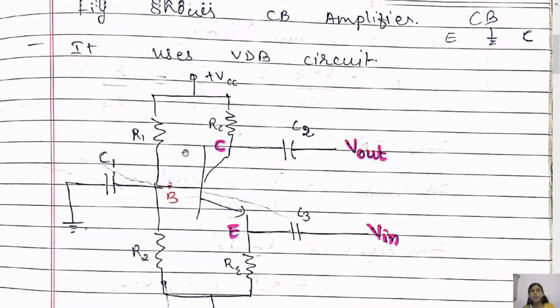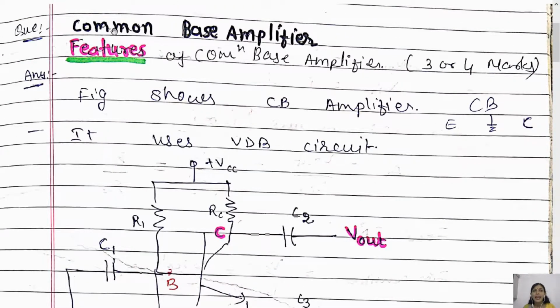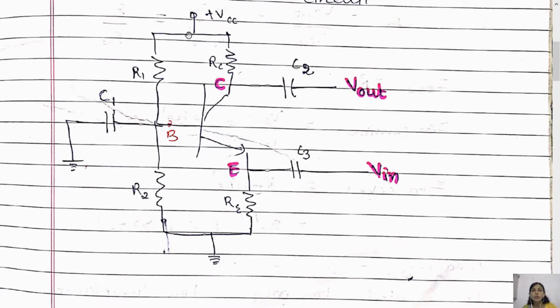Now, most important point, as per the topic, the common base should be grounded. So here I have connected the base, which is common. C1 is the coupling capacitor. We are not applying any input through this base, so it is just the capacitor and the base is common to the ground.